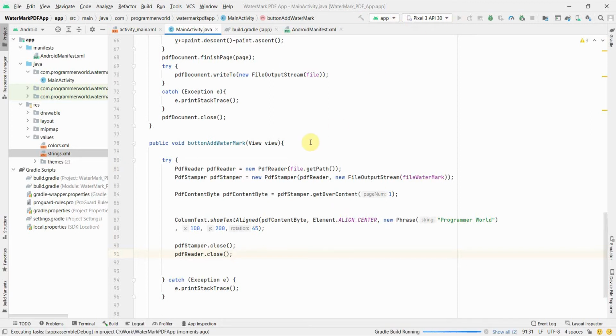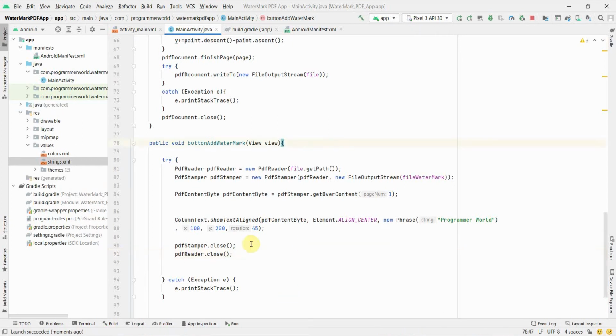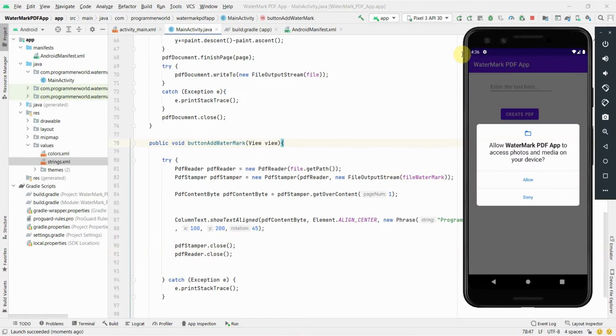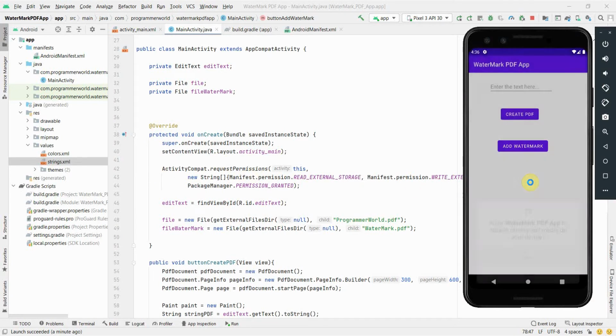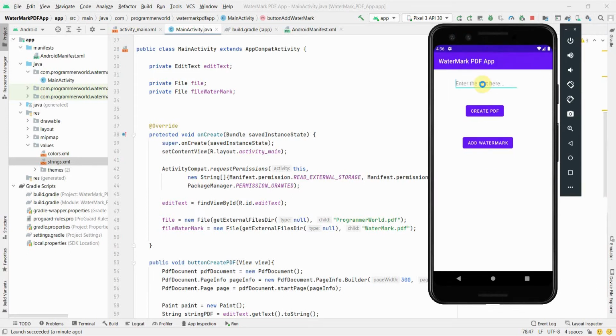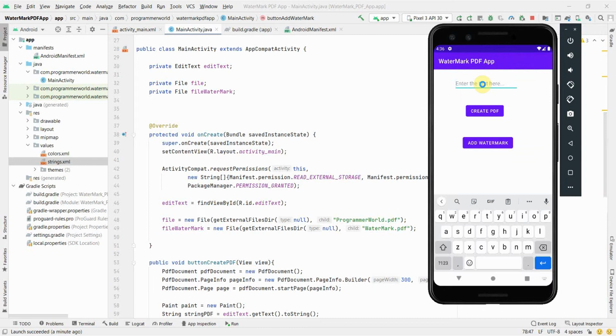So yeah, you may have to wait for the emulator to come up for a while. Once the build is successful, the emulator should come up and it should try to open the app. That's what I'm seeing in my emulator, it is trying to open the app, and the first thing it's asking is whether I can access the media on my device or not. Do allow, and this option is showing because of line number 42, because we are requesting the permission from the user. So just click on allow, and then we can test this app.